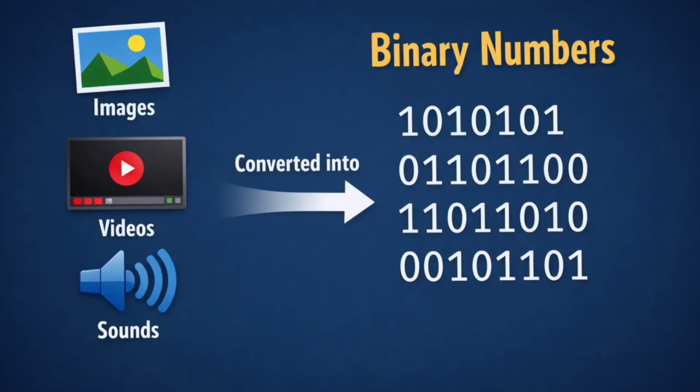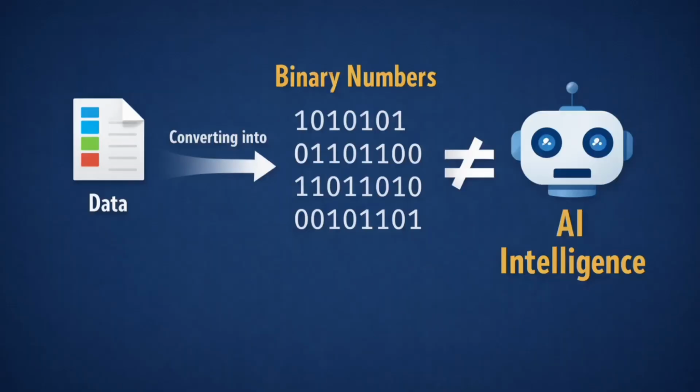In the last video, we saw how images, videos, or sounds are converted into numbers, binary numbers. We even understood how data is stored and processed by the computer. But processing alone does not complete the whole training process. It's just the beginning. Simply converting data inputs into numbers cannot make an AI intelligent. Instead, the real step starts when an AI begins learning and understanding from the stored data to gain clarity and make better decisions over time.